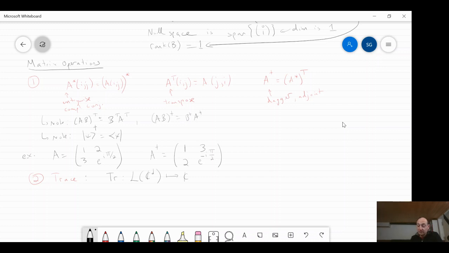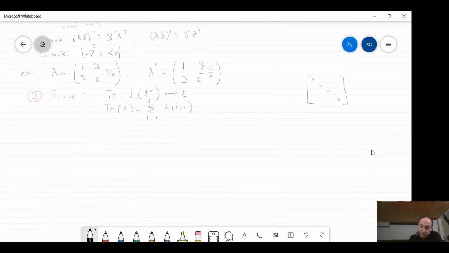And what does it do? It's going to be very simple. It's just going to add the terms on the diagonal of this matrix. So if I have this matrix here, it's just going to be adding these terms here, and it just throws everything else out. So the formula is, if you give me the trace of A, it's going to be the sum over i equals 1 up to d, so 1 per dimension, of A(i,i). These are the diagonal entries of the matrix. The trace turns out also to play a crucial role in quantum information. Here are some properties.